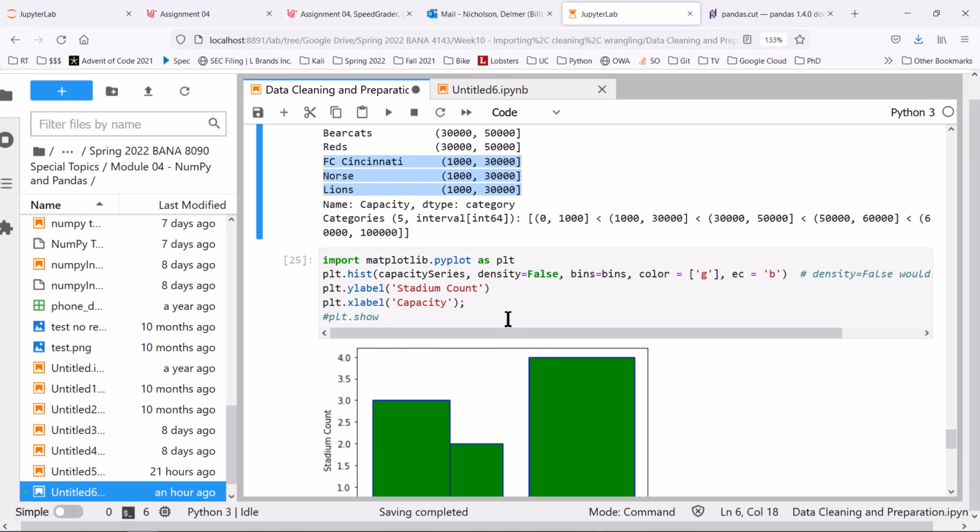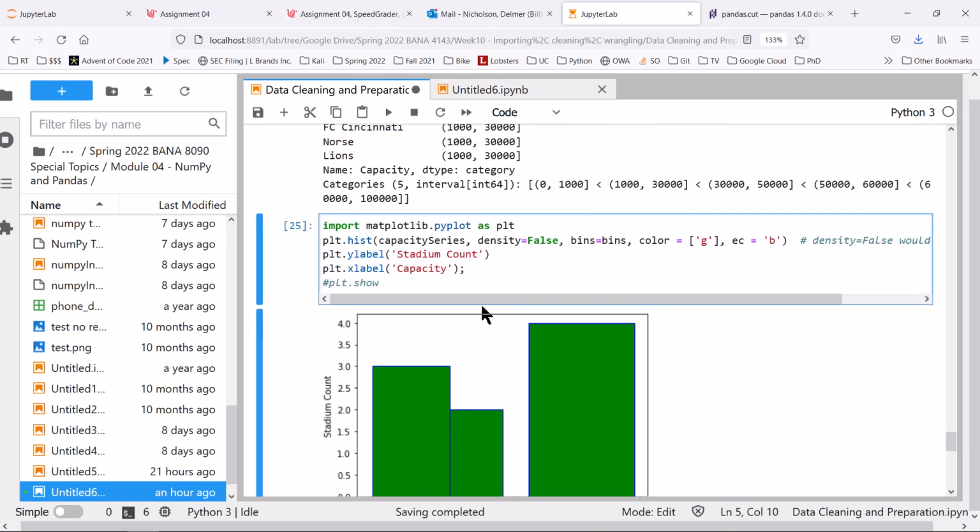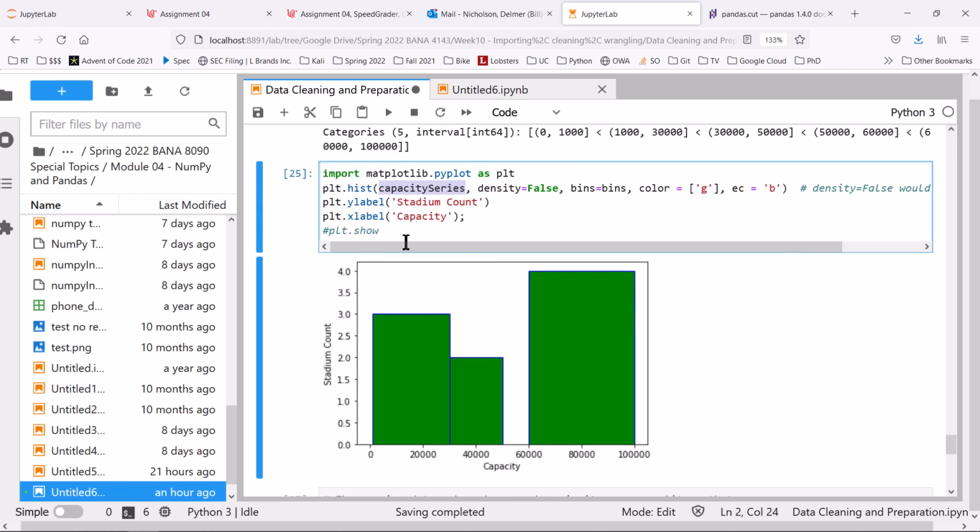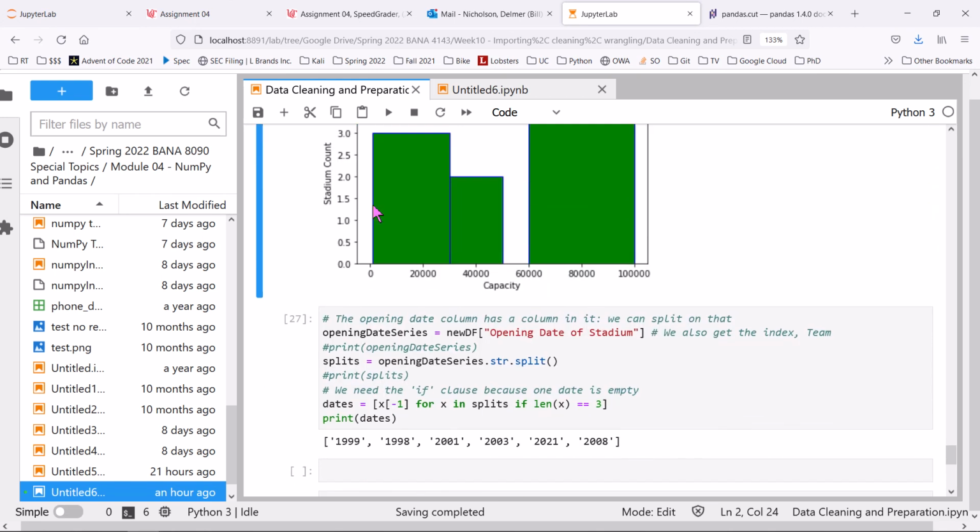So after I have my bins, flip down to the next cell, and I can create a histogram using the binned data. And it takes some experimentation to get the colors right and the density right, as you know. And then I apply a label to each axis. The y-axis is stadium count, how many stadiums are in that bin. And the x-axis is capacities, so you can see the upper and lower range of that bin. Finally,